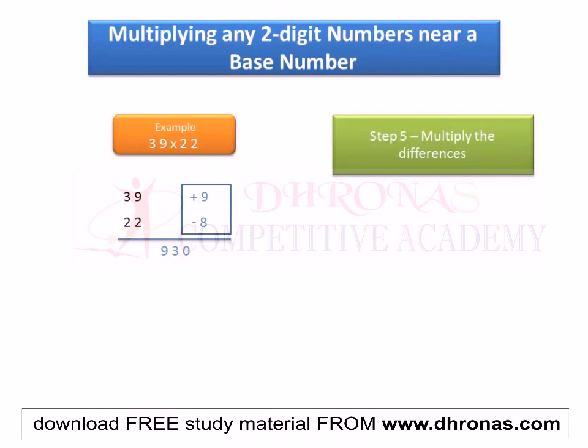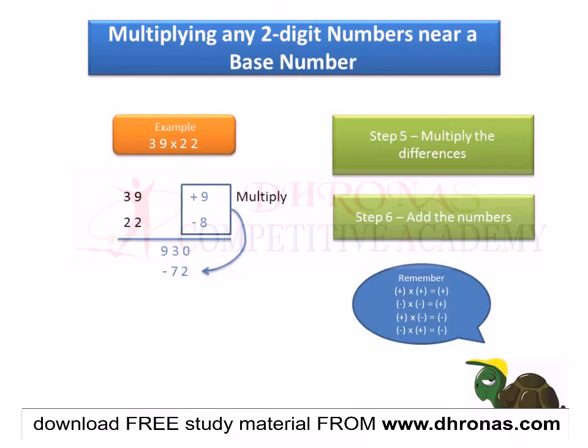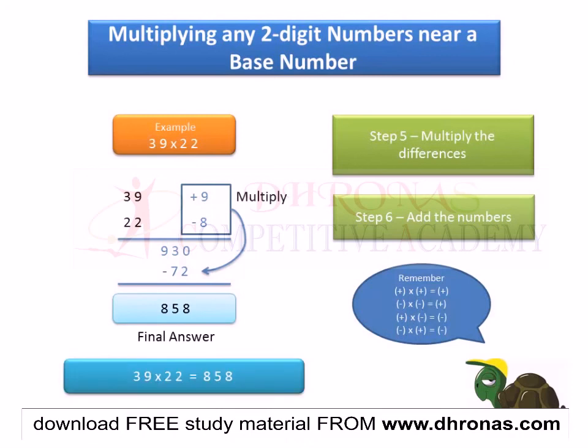Multiplying +9 with -8 gives us -72, because multiplying a positive number with a negative number gives us a negative product. Hence we get -72. And then we simply take 930 minus 72 to get 858 as our final answer. So 39 times 22 equals 858, and that